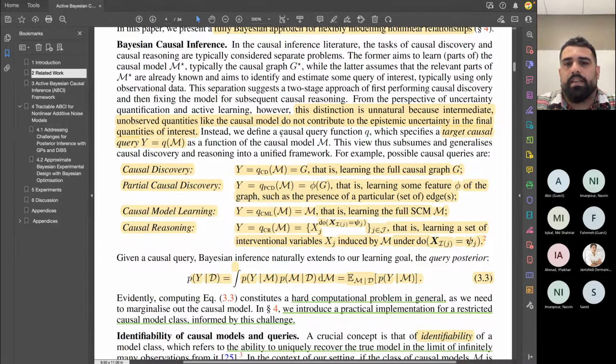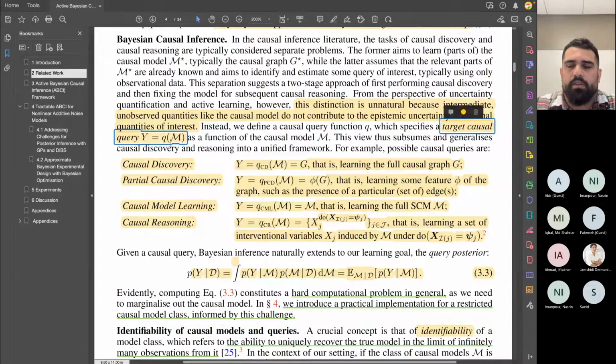That's why they want to learn an important part of interest in a graph that is able to solve the target causal queries. Q is the function for this target causal query, which is applied to M to obtain